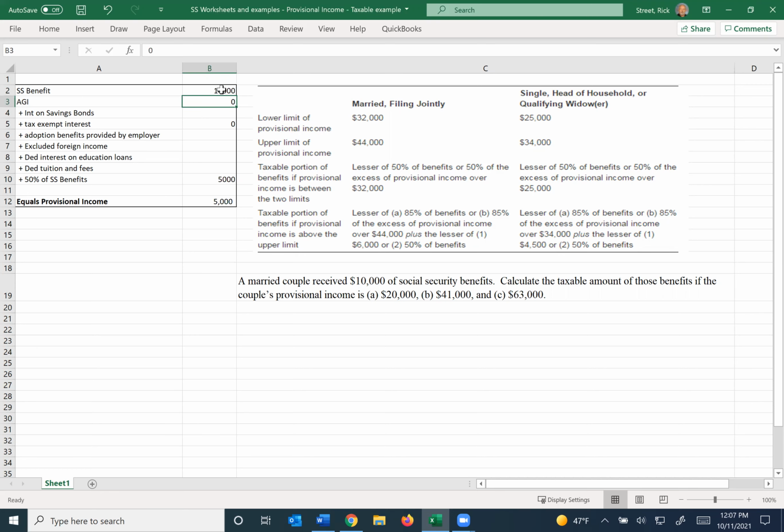be 20,000. So we know that for our provisional income to be 20,000, this would have to be 19,500 or 15,000, because the formula of the provisional income is the adjusted gross income plus 50% of the Social Security benefits. Now, under this first scenario A,